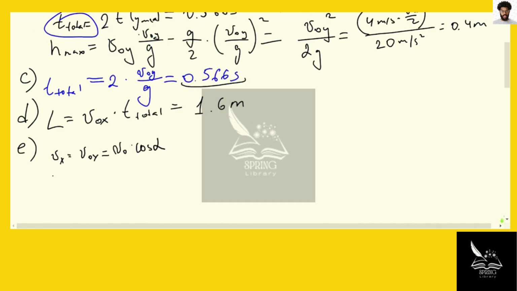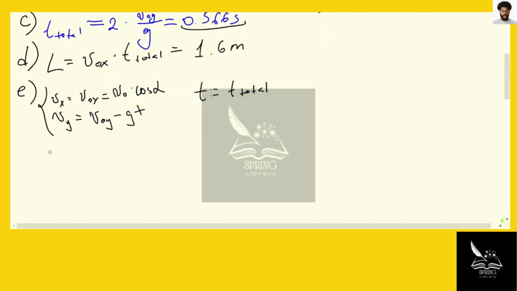So the vertical component obeys the following equation. And when the ball hits the ground, time equals the total time of flight. Therefore, the horizontal component doesn't change, but the vertical component equals the initial speed